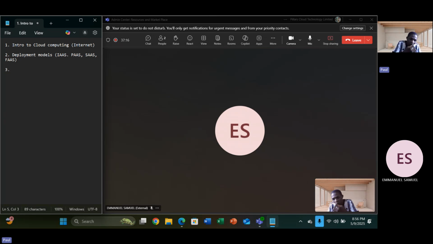Having understood what deployment model is, please, while doing this, ensure you pay very good attention to what they are teaching you. You see this PaaS, they may say PaaS, sorry, IaaS. They may say IaaS is, they may give you example. Let's say,